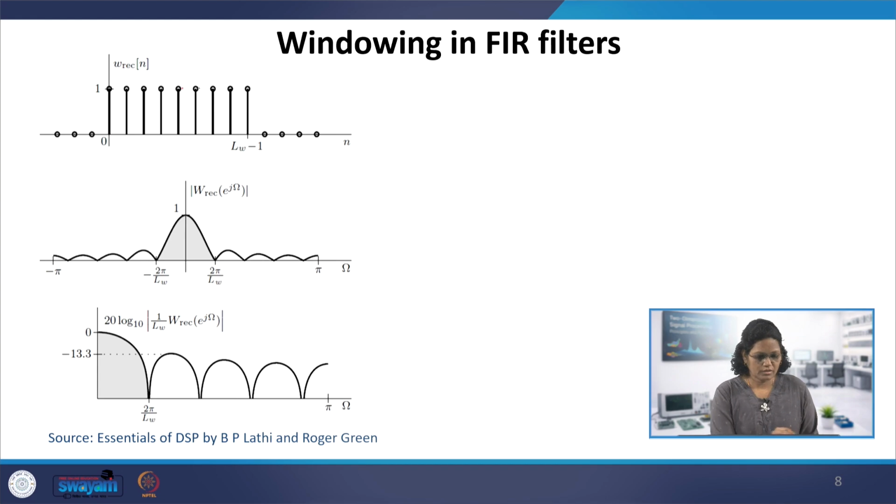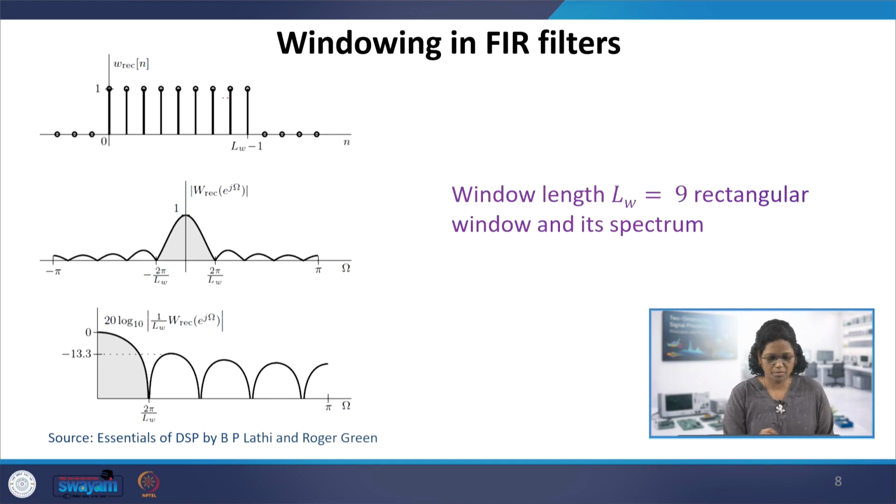design. So for a simple rectangular window with L_w samples, n from 0 to L_w minus 1, this is the number of samples used here. L_w can be 9 or 8 or whatever the number of samples. We will use 9 for the rectangular window, and we will take one problem for designing the FIR filter using this 9. So I just specify this as 9, and this is the window function w of n,